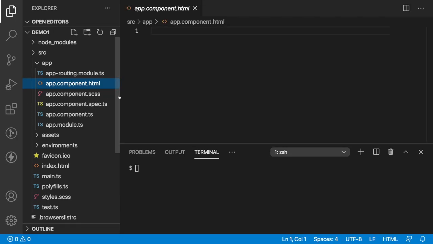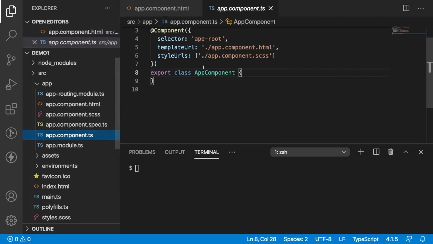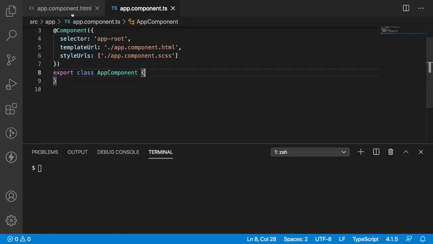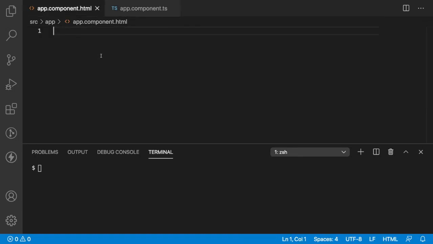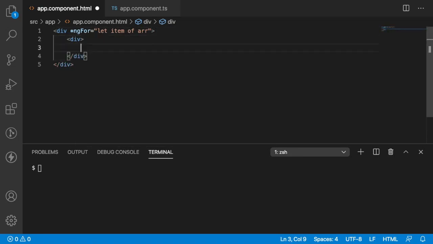Before going into ng template, let's understand the problem with our for loop. In the previous video, we saw the for loop. Normally, it will loop the same type of content. For example, it would be something like ng for let item of some array. We use a div, and inside this div we write an h1, which may be item.name. So we are looping this content at a particular instance.